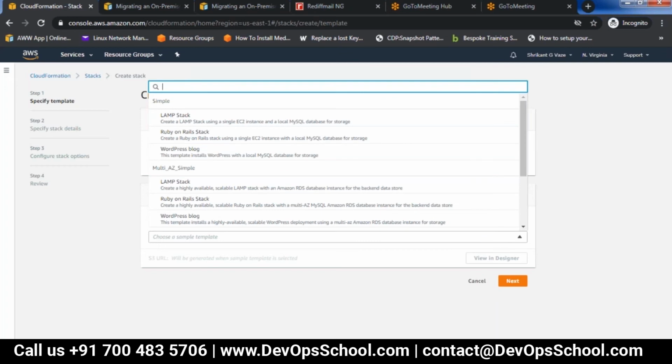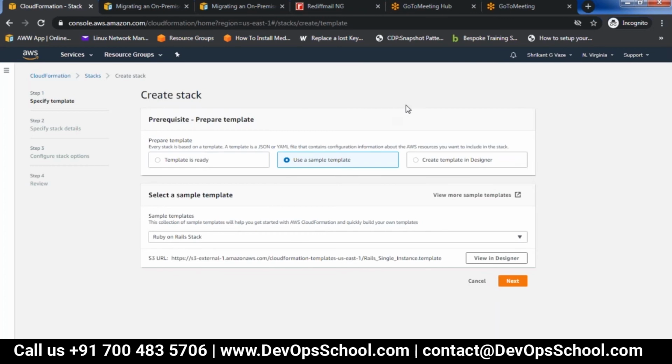Last night LambStack actually gave me an error. I don't know why. Okay, let us create a Ruby on Rails stack. So this is a sample stack, and when I select it, it will be available in an S3 bucket. So this is the bucket name and the folder, and it will be taken from there.